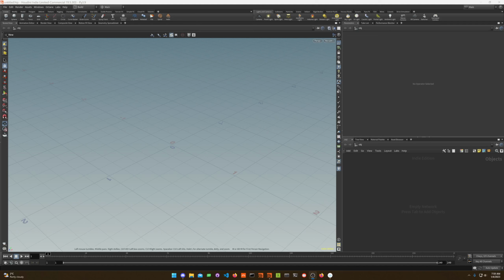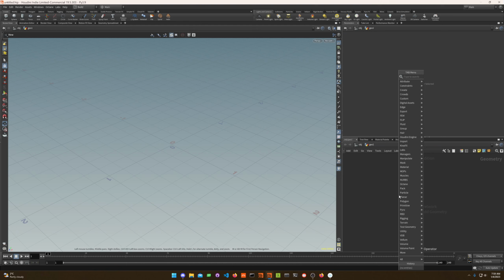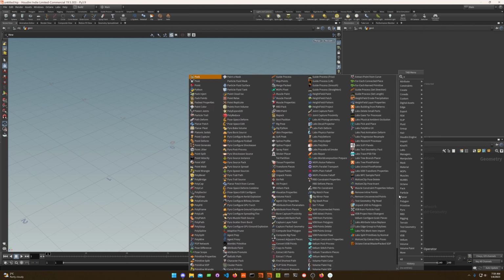Hello. Today I'm gonna try to be a little bit quicker than last time. We're gonna try to do just a basic stagger effect. Now I'm gonna just plop a geometry node. The thing about stagger is it's not as easy in Houdini, but it's definitely doable without doing a lot of custom stuff. So I'm gonna put a pig head down,